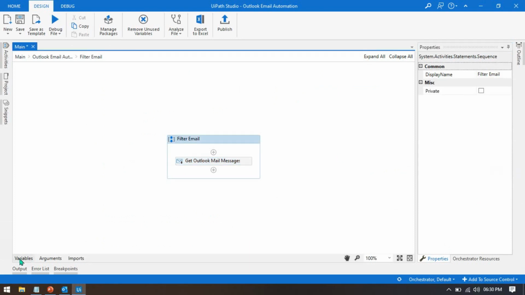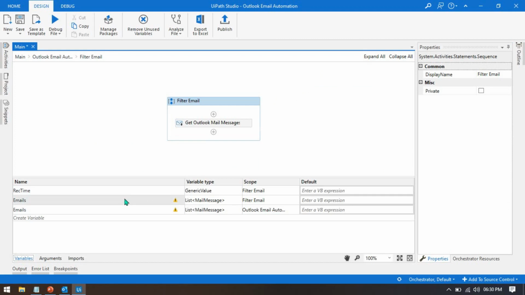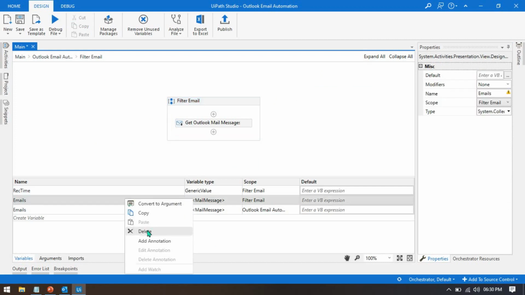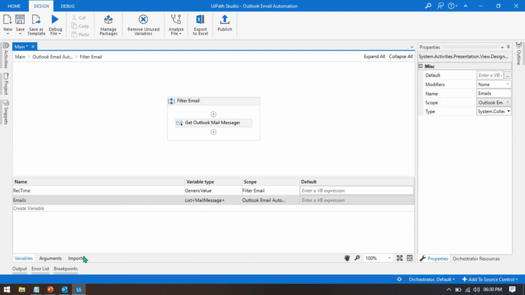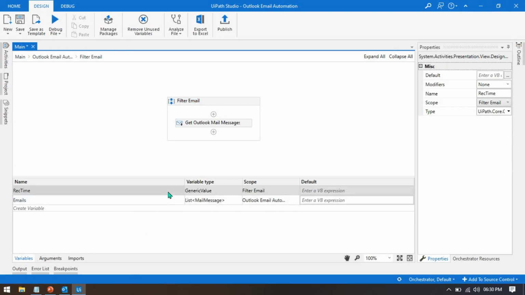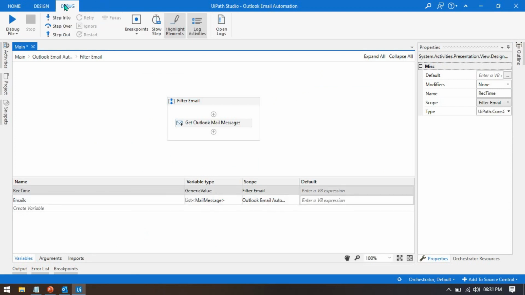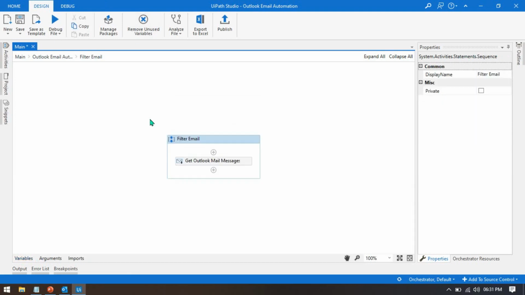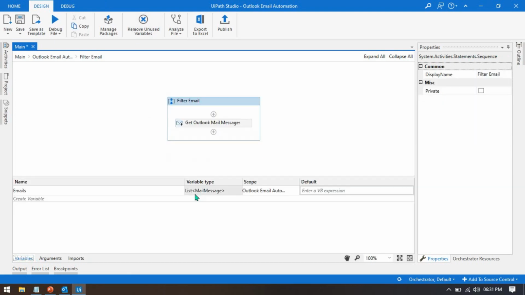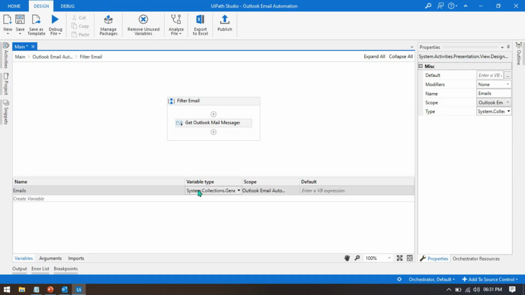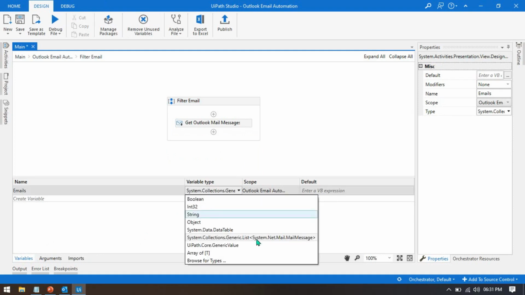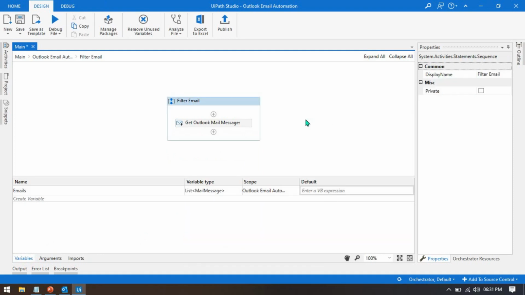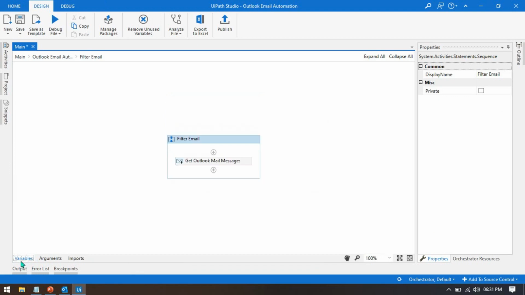So let me check here. Okay, I already have this, so I can delete this one. And now let me delete these unnecessary, unused variables. Now this is a list of System.Net.Mail.MailMessage, right? Because it will have a collection, a list of